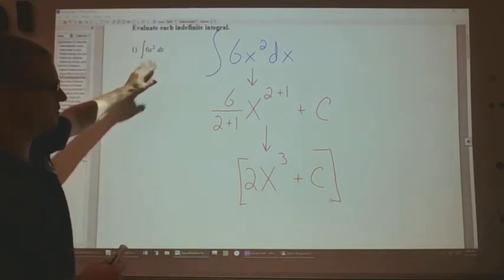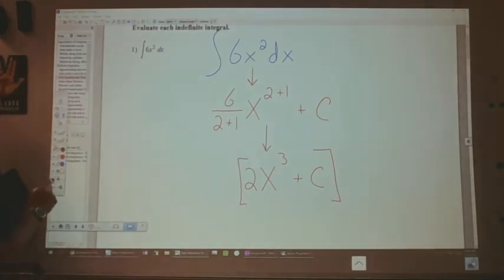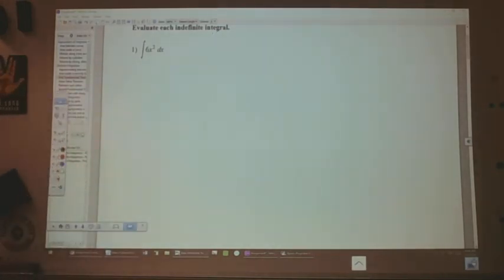Now, this one was written nicely, and it was a single term. So that's the first exercises you see on Khan Academy with respect to these. But as we move to more complex problem types,